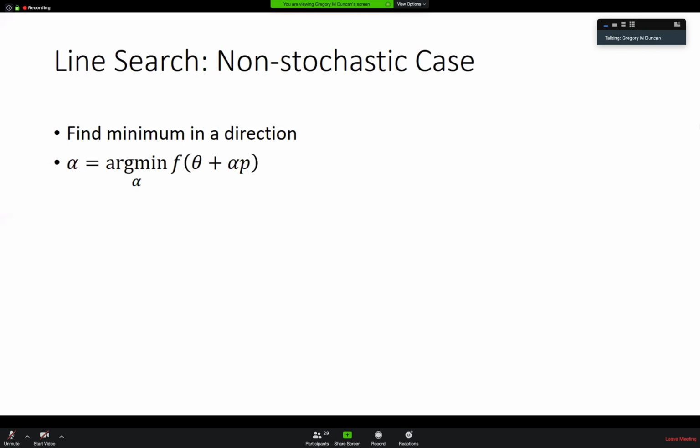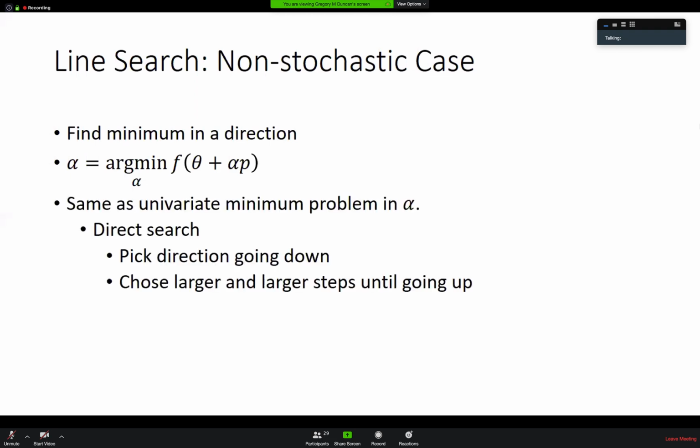But usually, in advance, the only way you could know that is if you knew what the answer was. And if you knew what the answer was, you wouldn't need to do the minimization at all. Okay. So this is the same as a univariate minimization problem in alpha. You fix theta, you fix the direction,